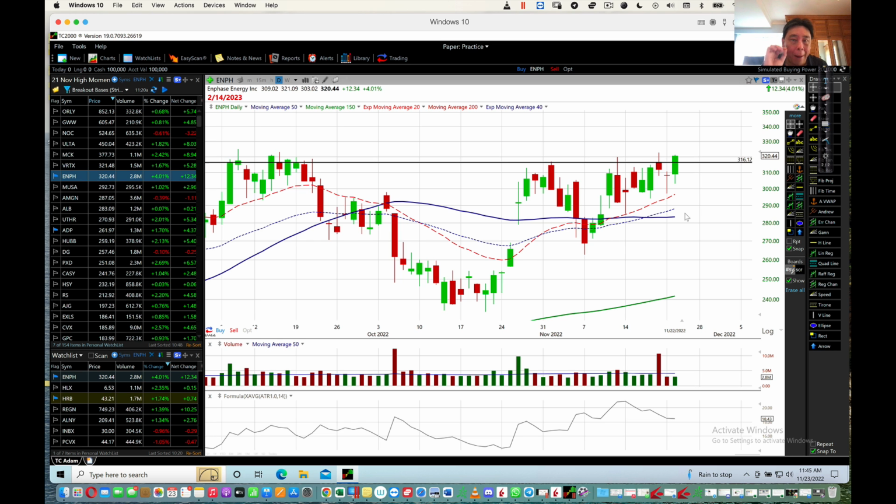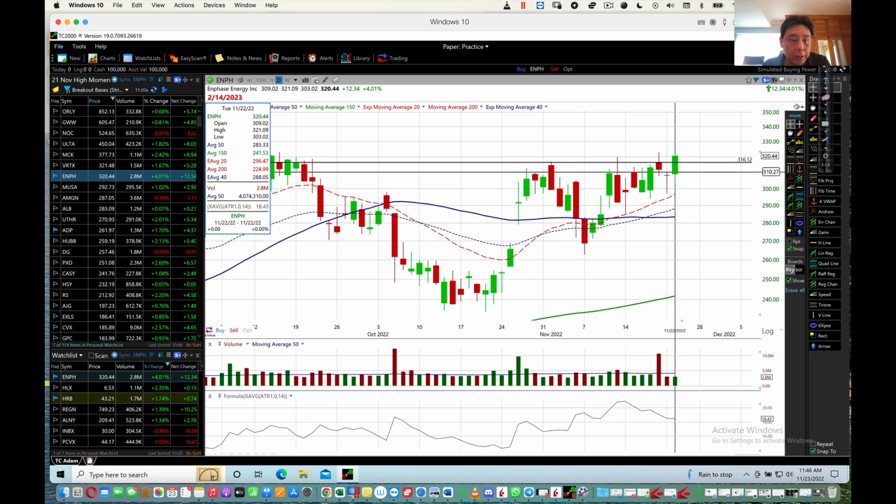So I want to put my buy order right above the close or the high of this candle. You can see the close and the high are pretty near, so I'll just put the buy order just above the high of the candle. I'll use a buy stop limit order above the high of this candle. So what's the high of this candle? The high of this candle, you can see there, is